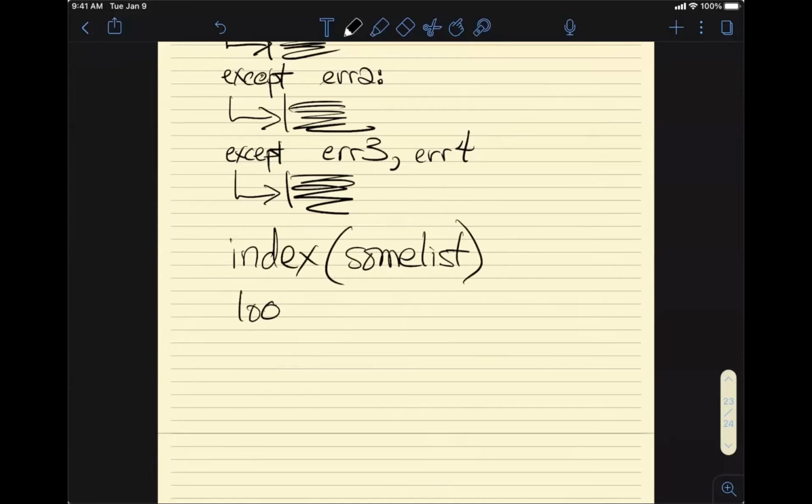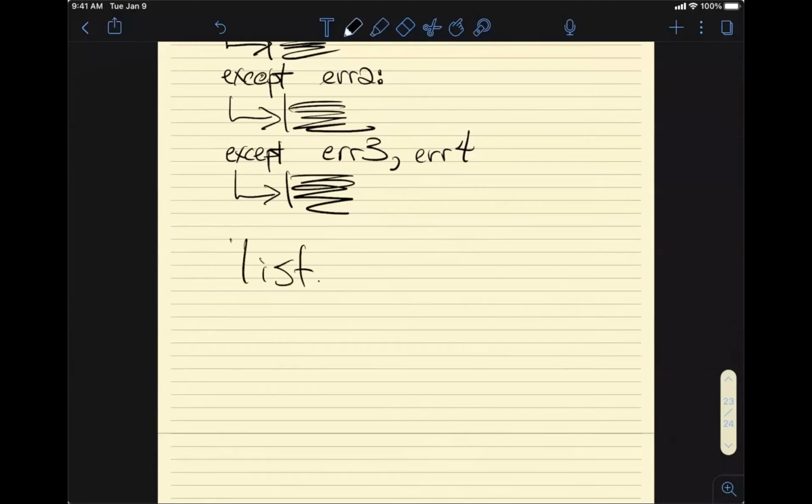Nope, sorry, I do not have that correct. Let's see, is the index a method? Yeah, so it might be some list dot index and a value.